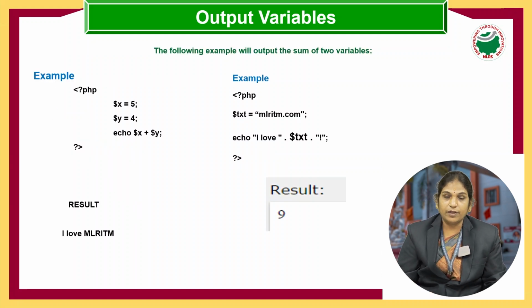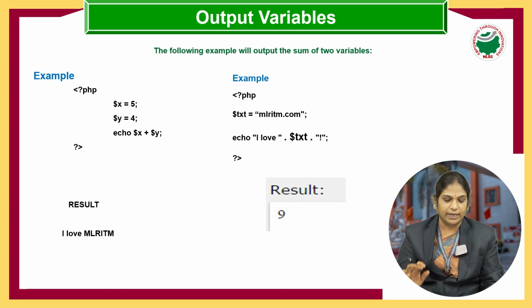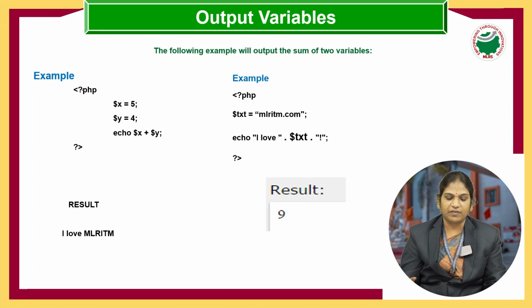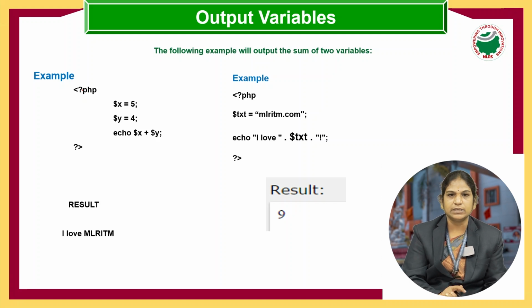And here, if I want to perform addition of 2 variables, how can I do it? Just PHP $x equal to 5, $y equal to 4, echo $x plus $y. I am performing an operation, that is the addition operation, on the variable values $x and $y, having values 5 and 4. So what will be the output? It is taking the value of $x as 5 and $y as 4. So when I give the output statement echo $x plus $y, it is going to print